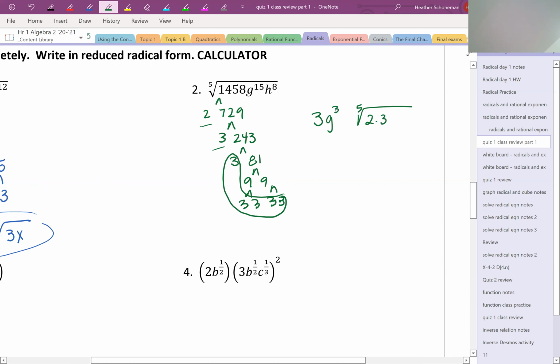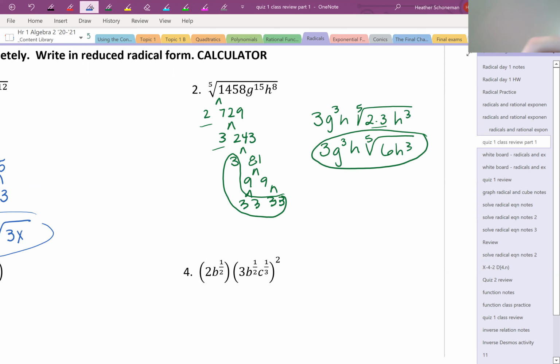And for the h's, there is 1 group of 5, and then 1 group of 5 is just 5. 8 minus 5 is 3, so there's 3 left over. But I don't want to leave my answer like that. I can simplify that more. So my final answer is 3g cubed h, fifth root of 2 times 3 is 6, h cubed, and that's